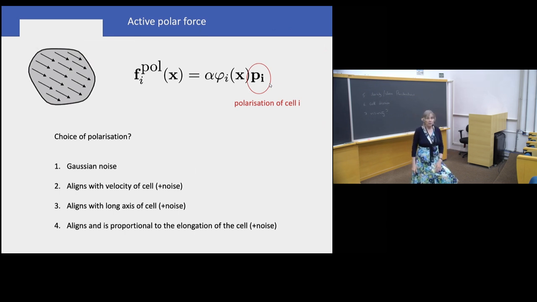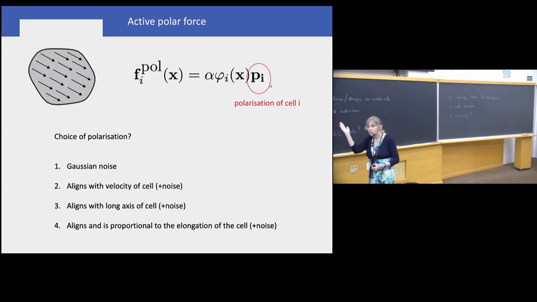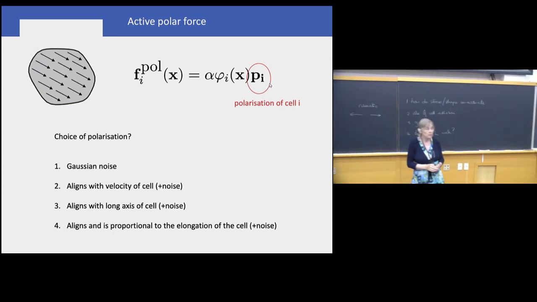And you could choose that polarization to work in many different ways. You could just have it going randomly, so you've got a sort of active Brownian particle-like cell. You could make it align with the velocity of the cell. So the direction this thing is pulled is aligned with its velocity, and then you'd have a flocking model, you'd expect. Or you could align it with the shape of the cell. These cells are going to be extended in some direction, and you can line this polarization axis with the shape of the cell,